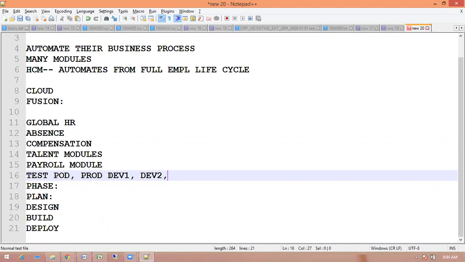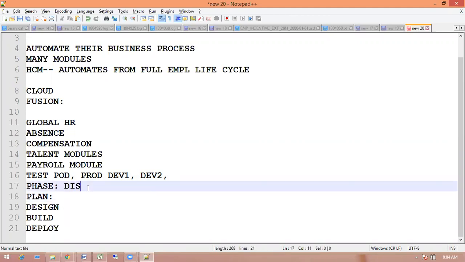First phase is the plan phase, I mean the discovery phase. Discovery phase means we need to identify and capture the requirements, and understand their legacy system, how their organization structure and enterprise structure work. You need to consider these and plan. That is what we generally call the discovery phase.